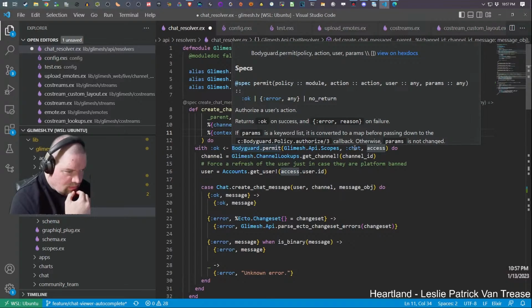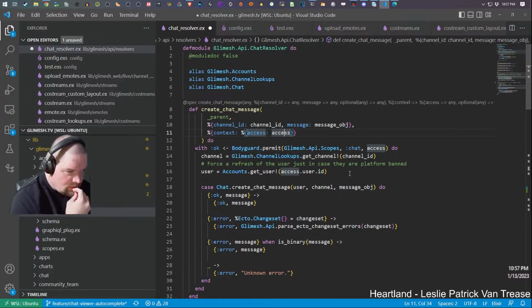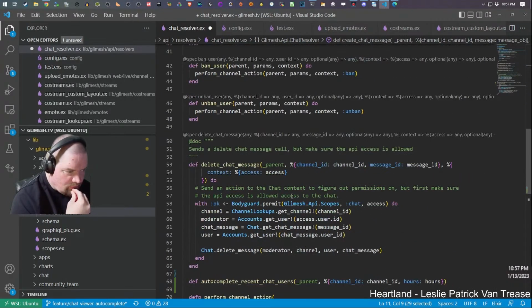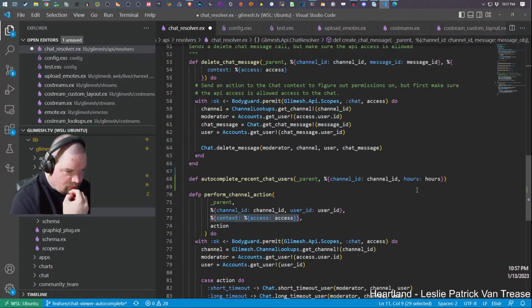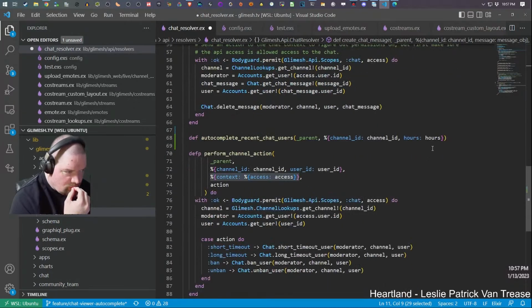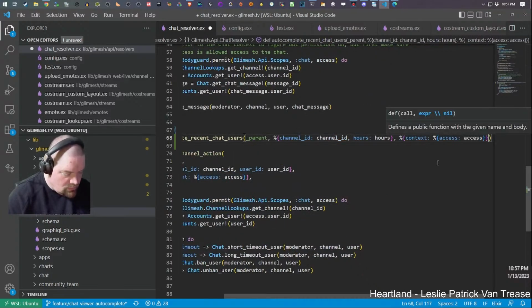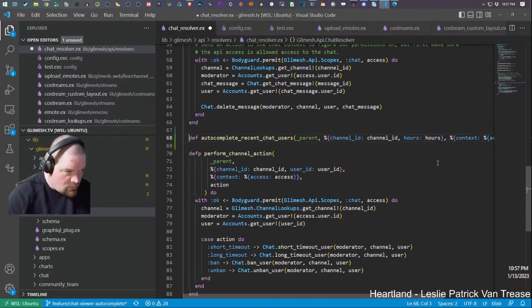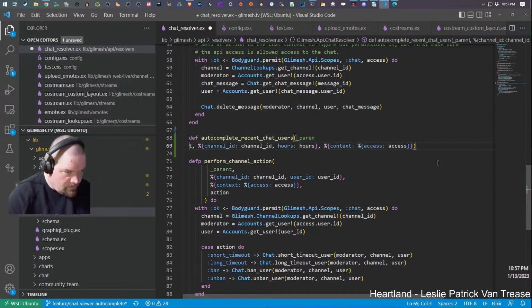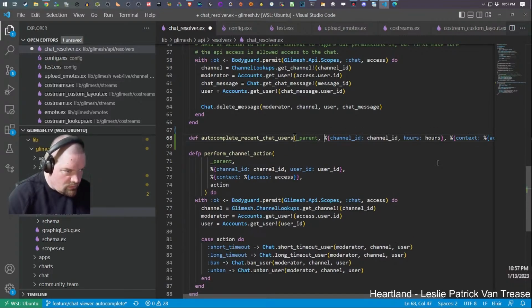Yeah, I definitely want them to have chat API access. I want to bring that through. I assume, yeah, I guess all of these are technically optional because they're in a hash. Do it.